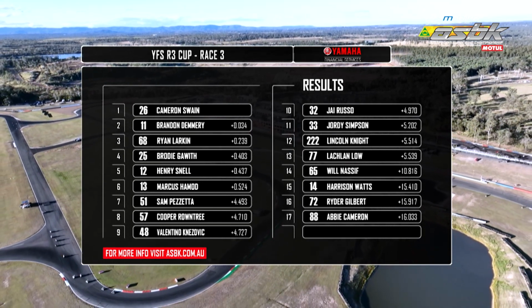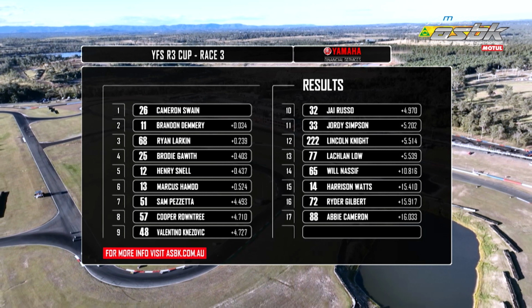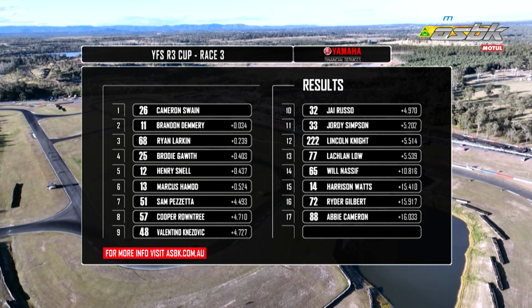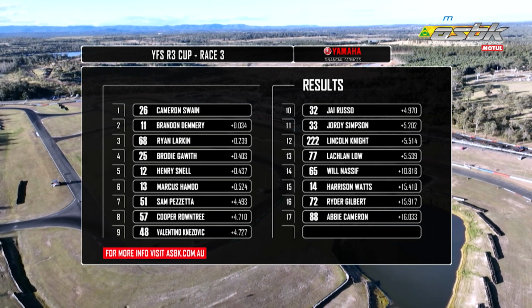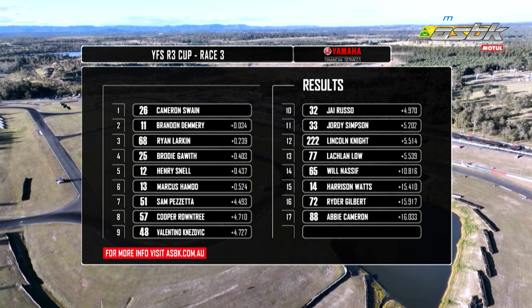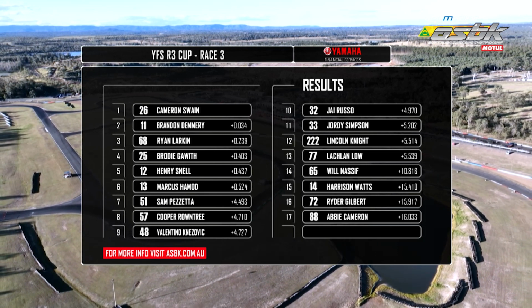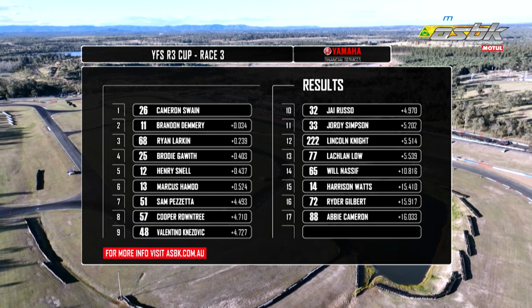Cameron Swain takes the win with Brandon Demery in second. Larkin third, good ride by him. Brodie Gorth, he's had a good weekend, so has Henry Snell in fact. Marcus Hamod, probably the best weekend out of all of them in sixth. Sam Pizzetta in seventh. Cooper Roundtree in eighth, and Valentino Nezovic takes out that ninth position with Jai Rousseau in